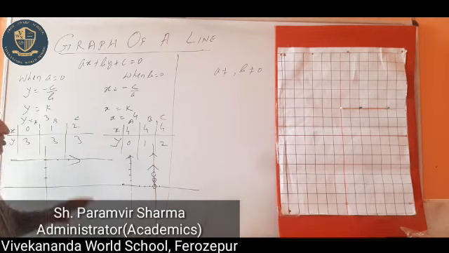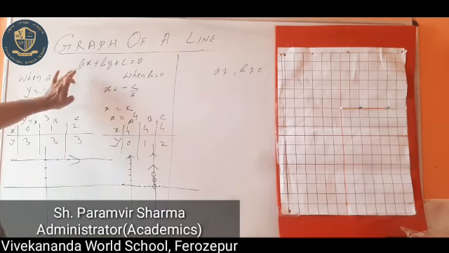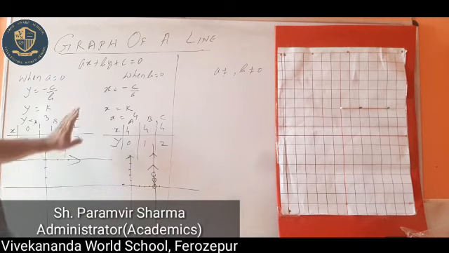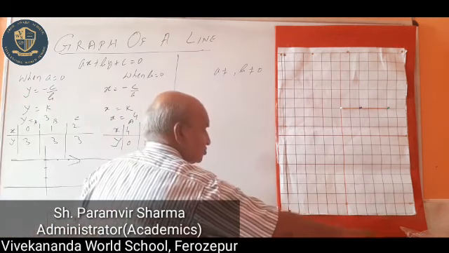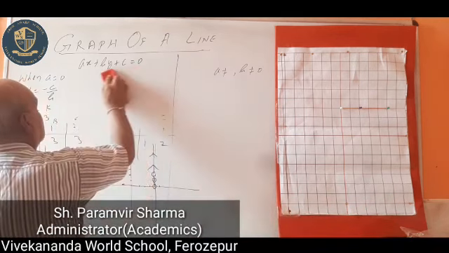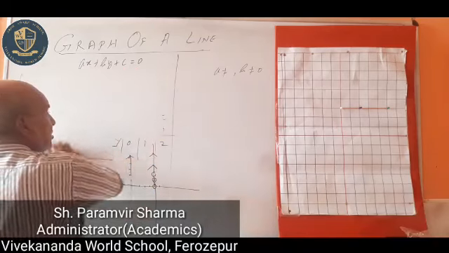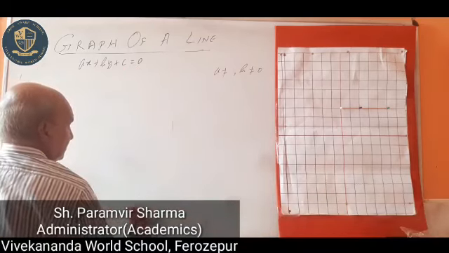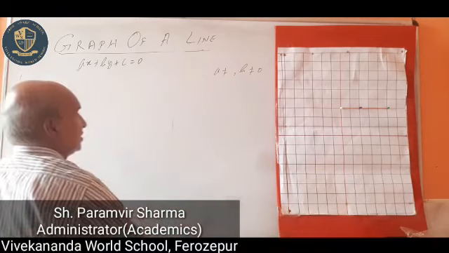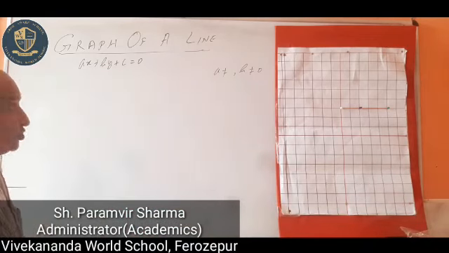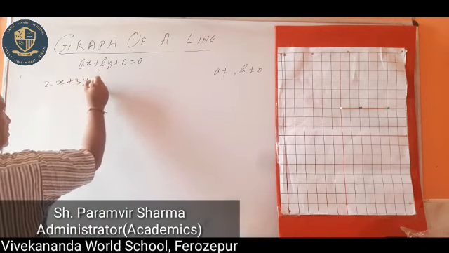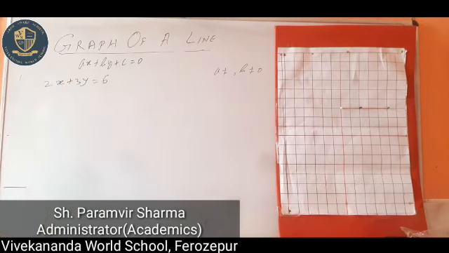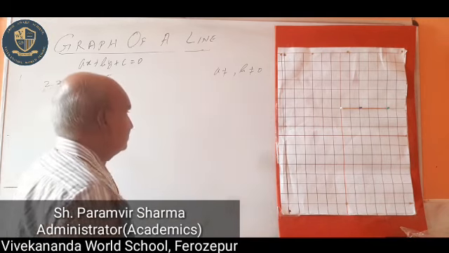Now there are two conditions. When a is 0, then the line is always a horizontal line. When b is 0, the line is a vertical line. These are very simple cases, but the major portion of this particular chapter is to draw an oblique line. To collect points on that line, we know that there are infinitely many points. So we are considering this case, say 2x plus 3y is equal to 6.